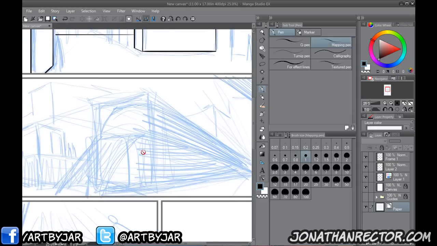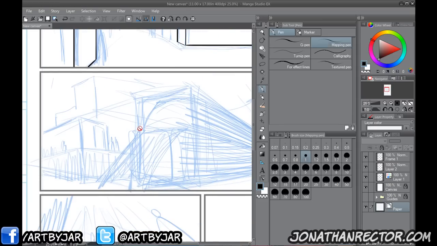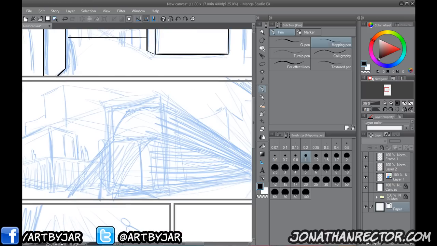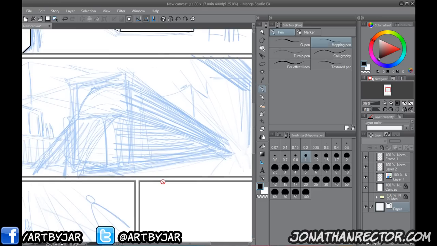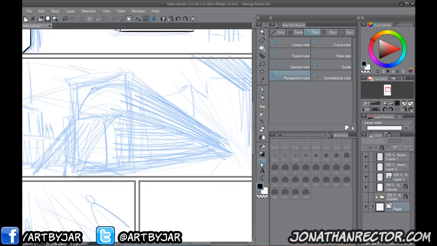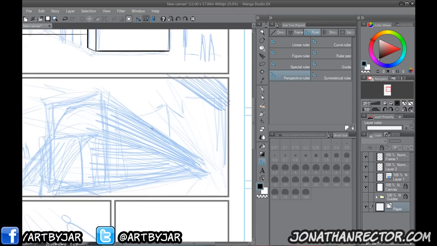But in the case of this, where we have this train or whatever this is, you can see how I gestured in that these lines here are going to a vanishing point, but the opposing lines on those blocks are going to another one. That's all we're going to do. But we're also going to tilt the horizon, which is very easy as well. So we're going to get ready to do the second panel here. Grab your ruler tool, perspective ruler, and treat it just like we just did, okay?